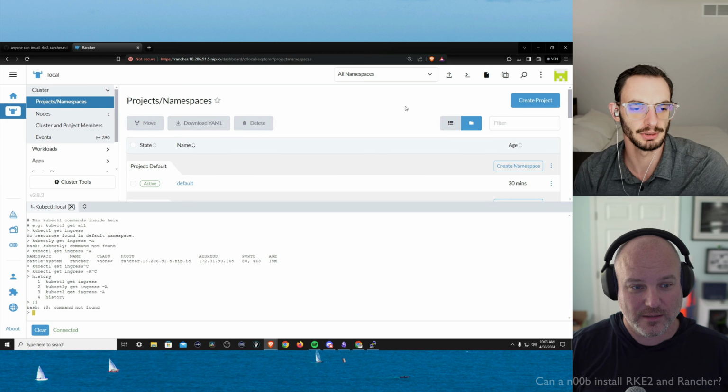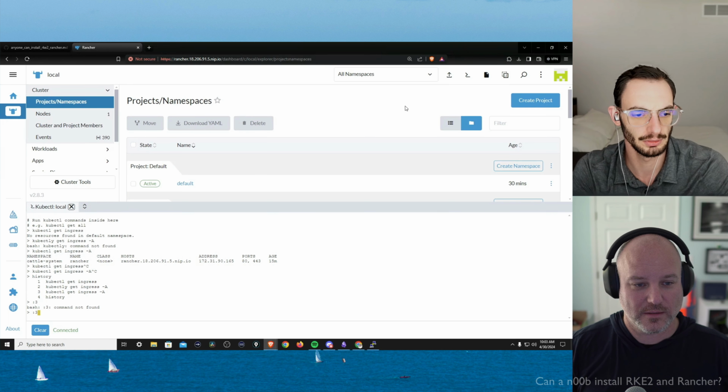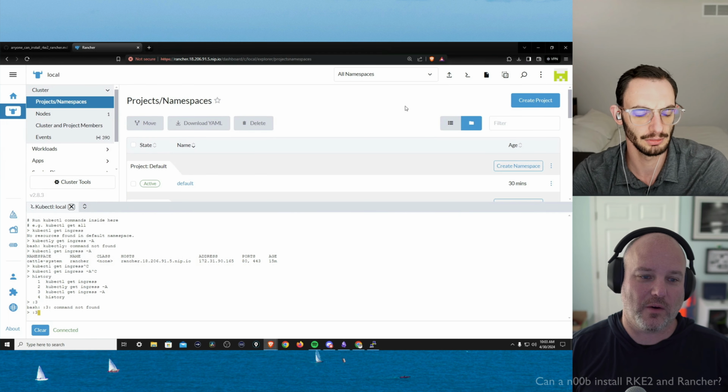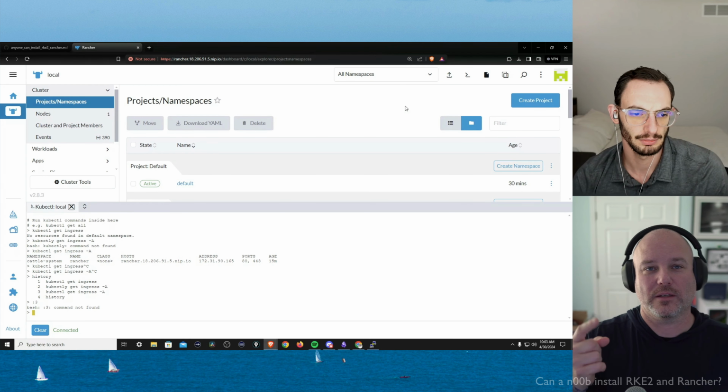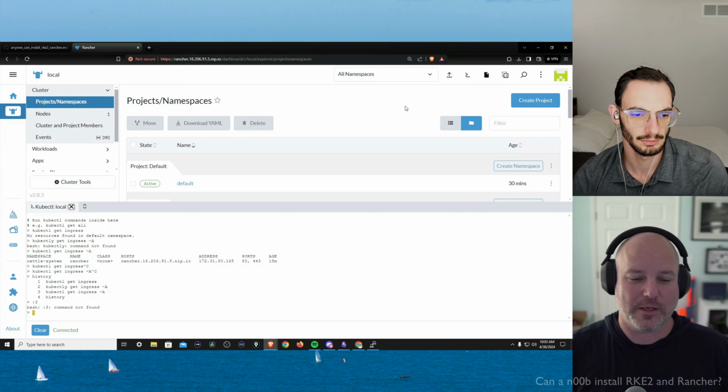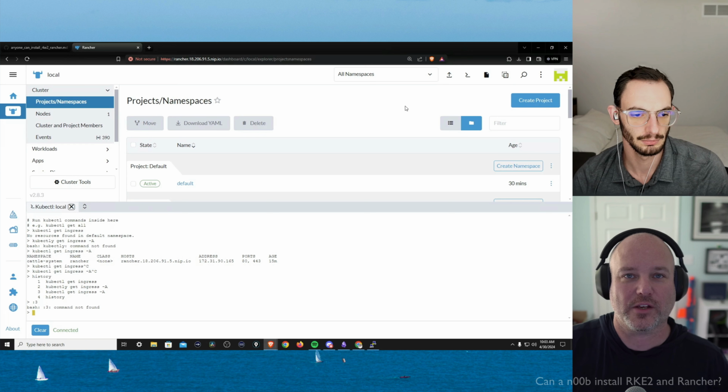Oh, why didn't it work? I don't know. That should work. Maybe it's a different shell. Don't worry about it. But in theory, you can go back and type the number, and it'll repeat the command. But at least the history is there, and then you can grep and search through it.